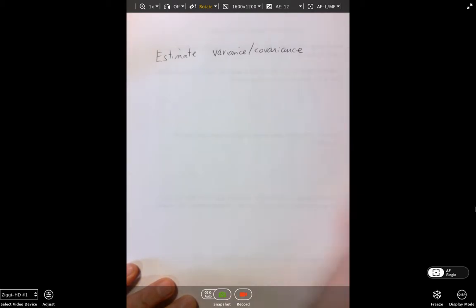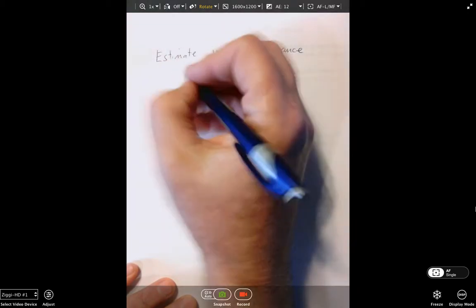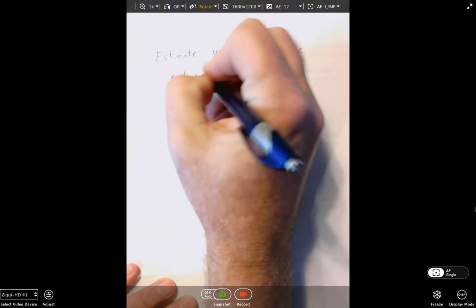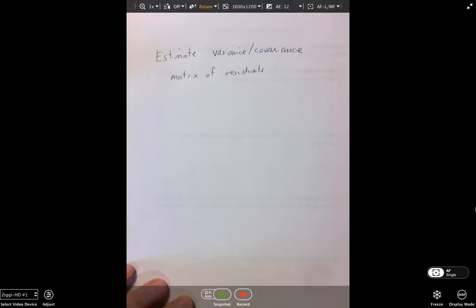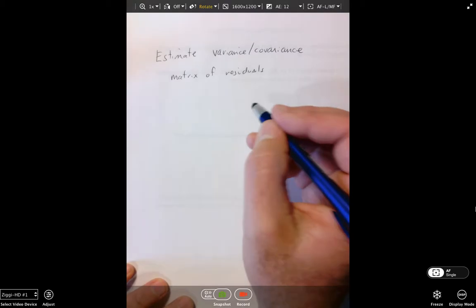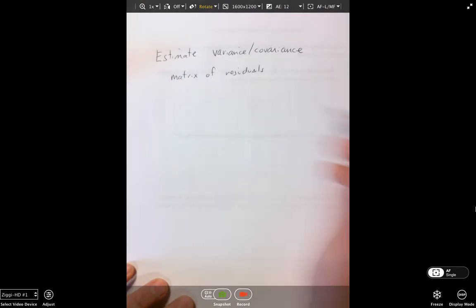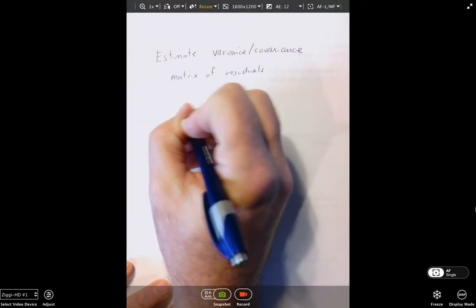Not really. So guys, to estimate the variance covariance matrix of our residuals, now what are we going to get? Well, we're going to get a matrix, obviously, and things on the diagonal are going to tell us one thing, and things on the upper or lower triangle are going to tell us something different. Just remember the things on the diagonal give us the variance, and the things on the upper or lower triangle, which are going to be symmetric, will give us the covariance. So guys, remember that